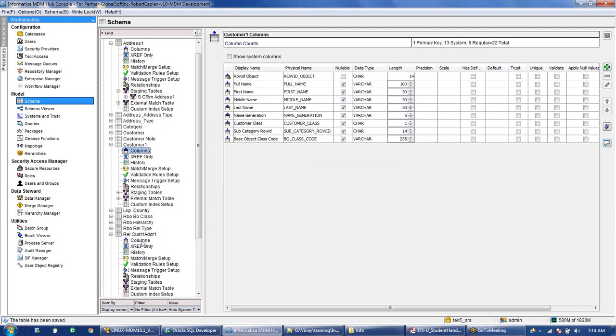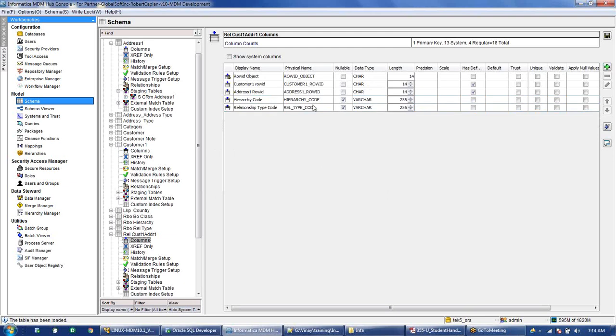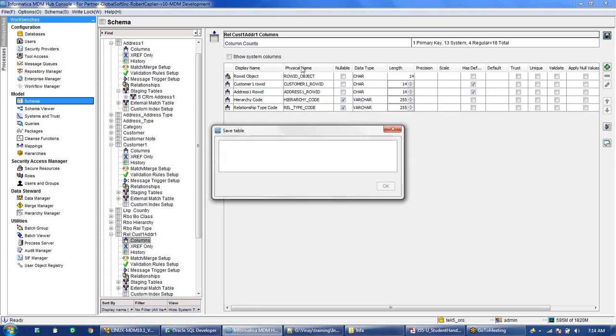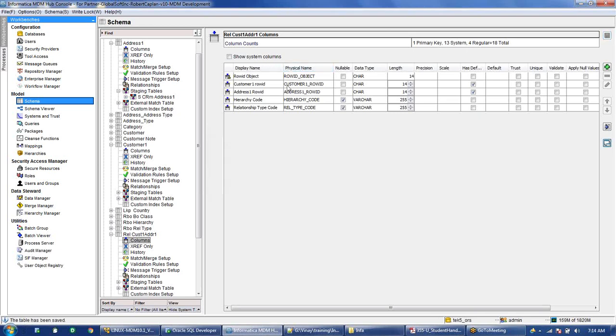Again, we'll go to the relationship table, and we will make these two columns nullable columns, because these are the new columns which are added. After we have made this change, we will do an export of the new ORS on which we have implemented the HM. I will take it to the production environment and apply the changes. In this case, all these columns will get created because they are nullable columns, and we can add a nullable column anytime.